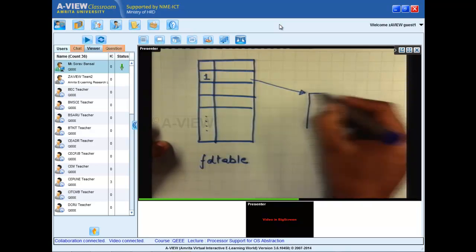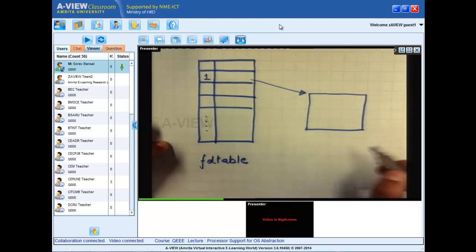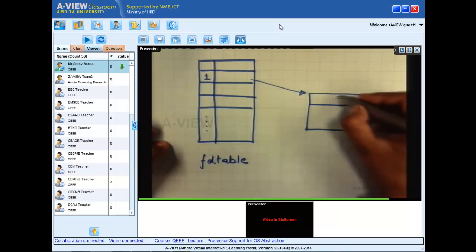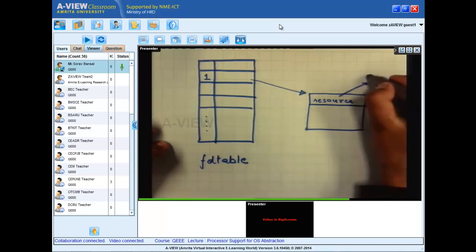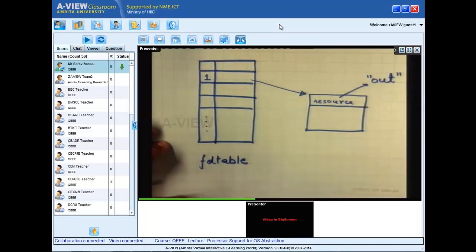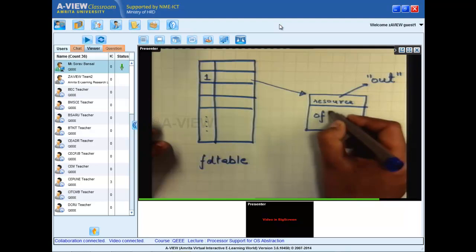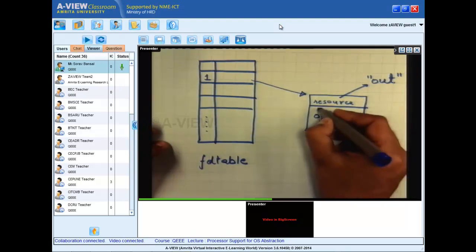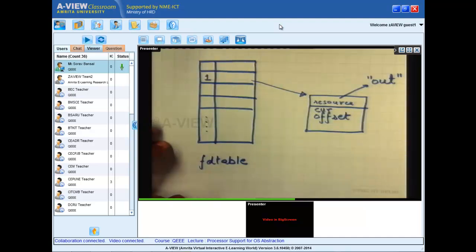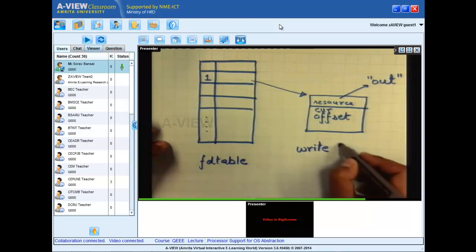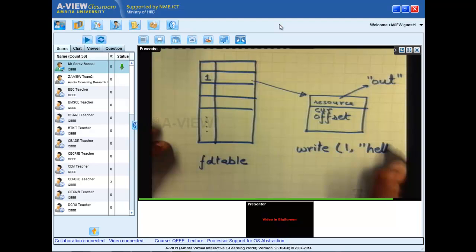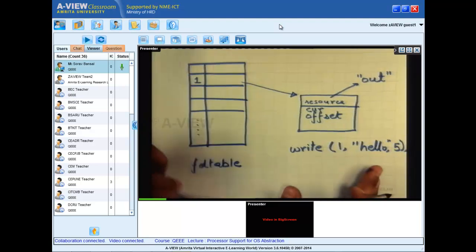It's actually pointing to a structure which first contains a pointer to the resource. In this case, the resource is this file called out, let's say. It also contains a number called the offset, or current offset. So when you say write on 1, hello, 5, what happens is